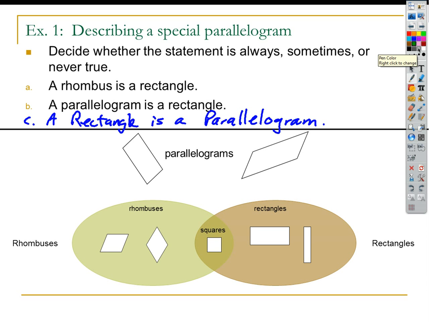Okay, because every example that I pick in here, if it's a rectangle, it's obviously a parallelogram, right? But can I find an example of a rectangle that's outside of this box of parallelograms? No, I can't. A more mathematical way of saying that would be to say that because the set of rectangles is a subset of the set of parallelograms, all rectangles have to be contained in the bigger set of parallelograms. We wouldn't have to be that fancy about it, we can just see it this way. Okay, so,